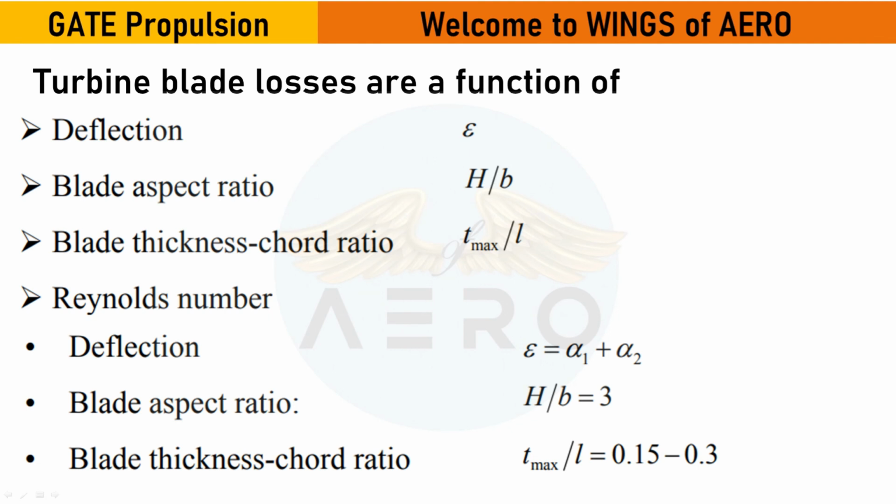Now there are certain reasons for turbine losses. These are the basic reasons for turbine loss, and the designer has to make it much more efficient so that they can make an effective design. The main concern is to reduce the losses, so they have to focus more on the blade profile, deflection, aspect ratio. These are the different constraints of how to make an efficient design. Thickness to chord ratio of the blade, right?